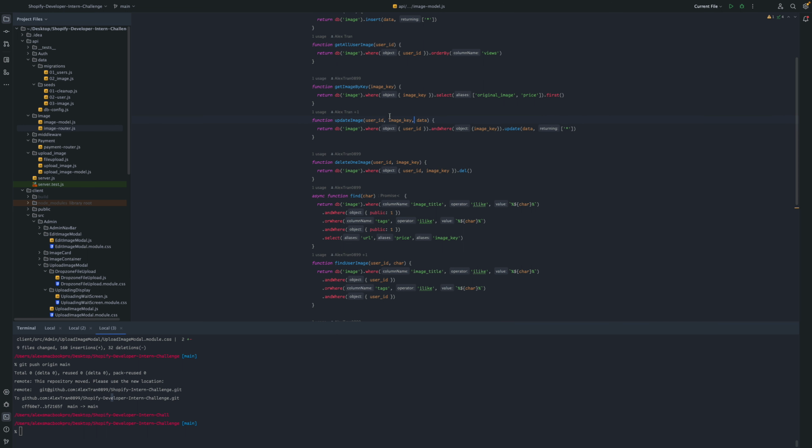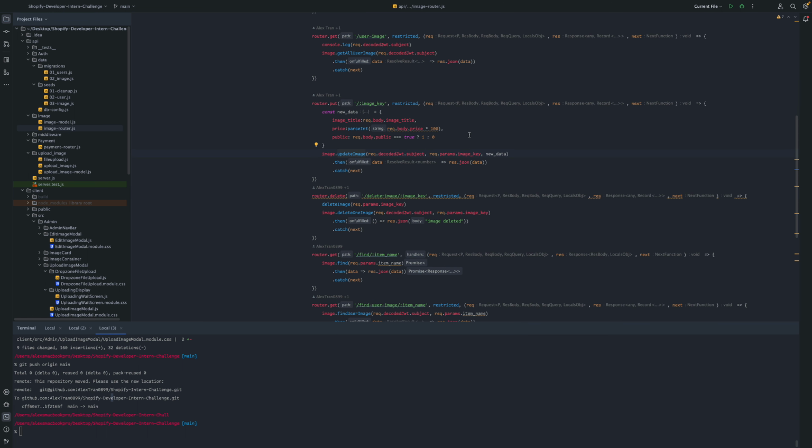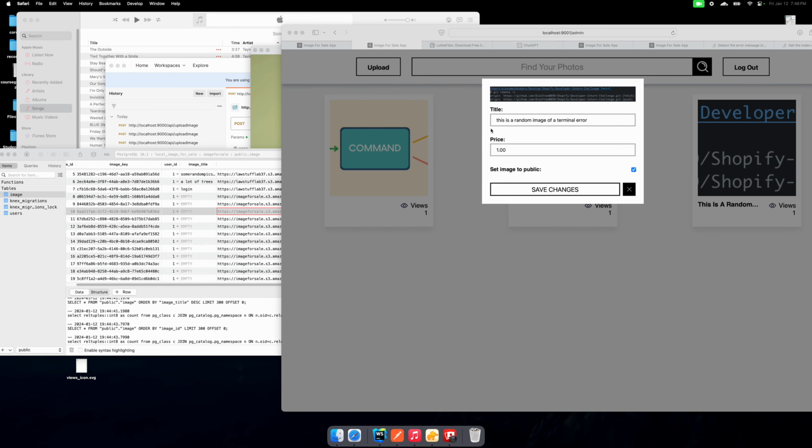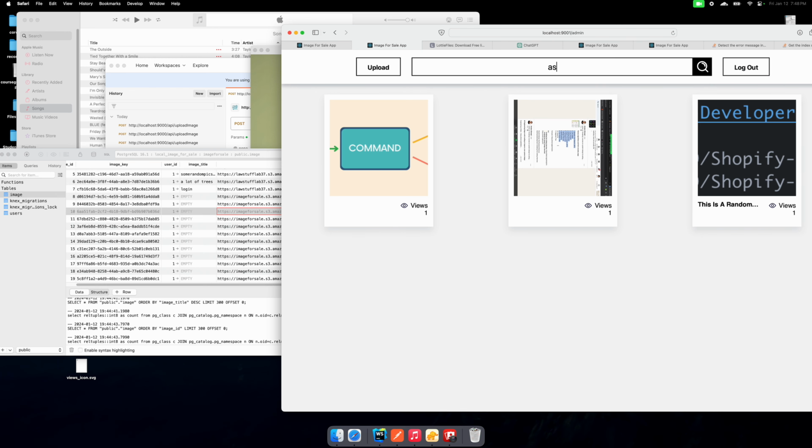So I didn't want that to happen. So now I changed it so that you can only change the image title, the price, and whether it is public or not. So that worked. And yeah, next tomorrow I'm gonna get the search function working, and I'm gonna try to research my Google account,